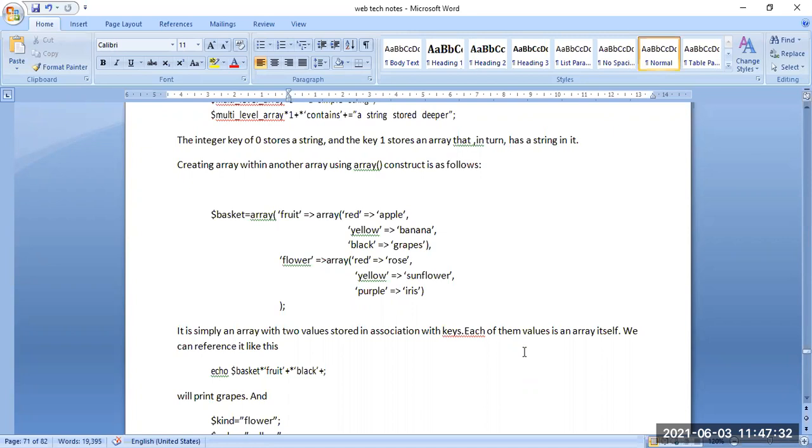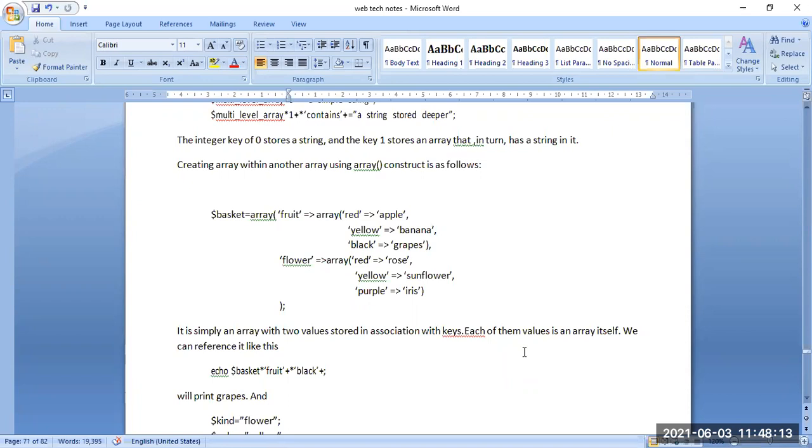In that basket of fruit array, we are creating another array where the names are mentioned. The red key denotes apple, the yellow key denotes banana, and the black key denotes grapes. Similarly, for flower another array has been used: red equals rose, yellow equals sunflower, purple equals iris. So here we are creating an array inside an array.